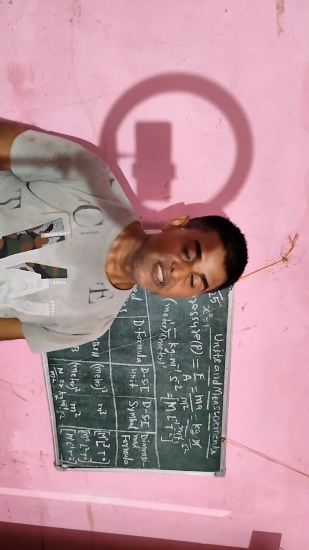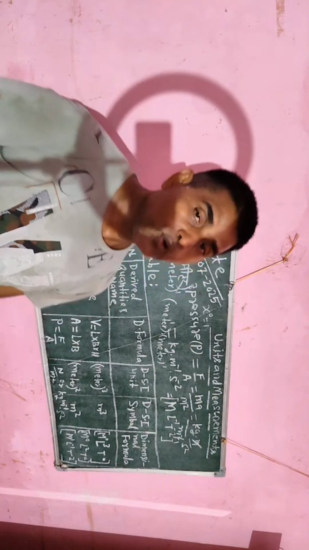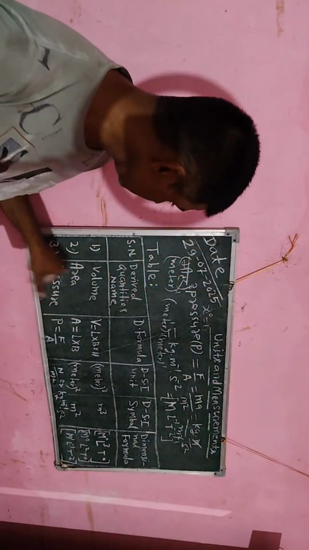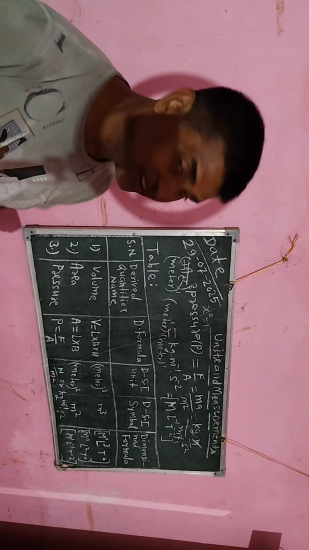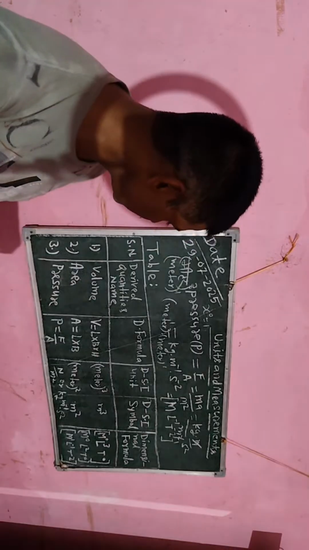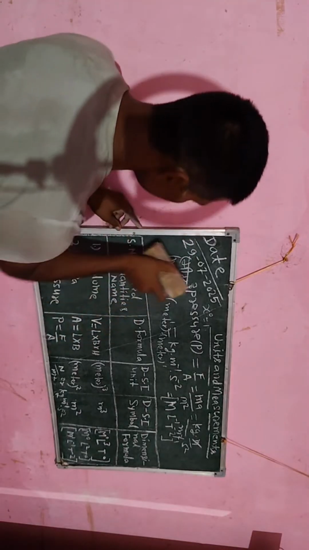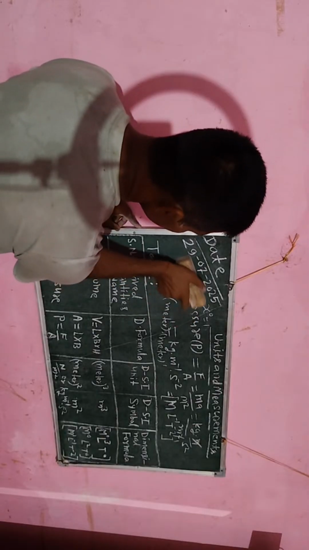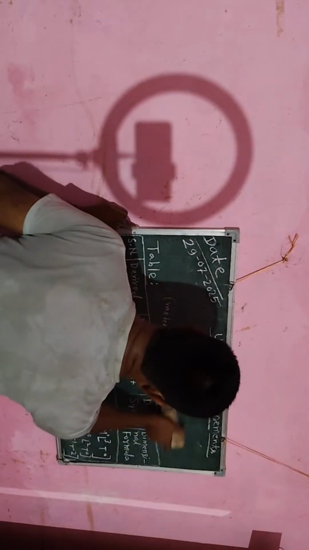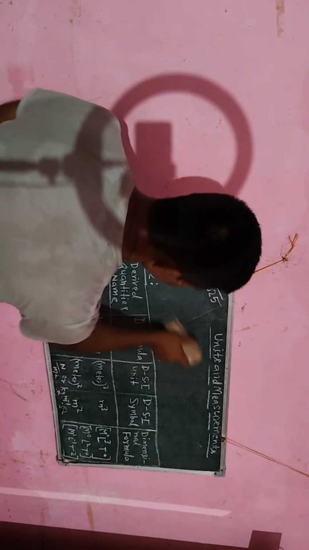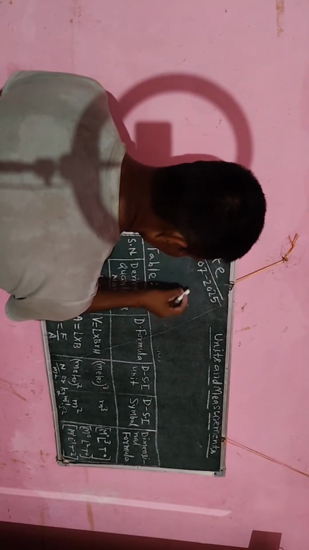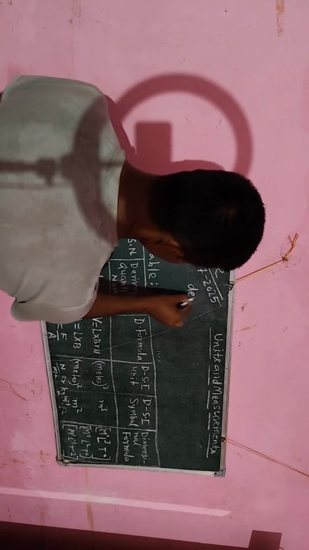ओके स्टूडेंट, नाउ नेक्स्ट डिराइव्ड क्वांटिटी को हम एक्सप्लेन करेंगे। नेक्स्ट डिराइव्ड क्वांटिटी को सपोज कीजिए कि हम डेंसिटी लेंगे, घनत्व लेंगे। ओके, तो घनत्व के लिए हम एक्सप्लेन करेंगे। तो यहाँ पे स्पेस कम है, इसलिए उस इंफॉर्मेशन को भी हम यहाँ पर एक्सप्लेन करेंगे। एक्सप्लेन करने के बाद से उसको टेबल में सब्स्टिट्यूट करेंगे। तो नेक्स्ट क्वांटिटी जो होता है फोर्थ क्वांटिटी को हम डेंसिटी लेते हैं।